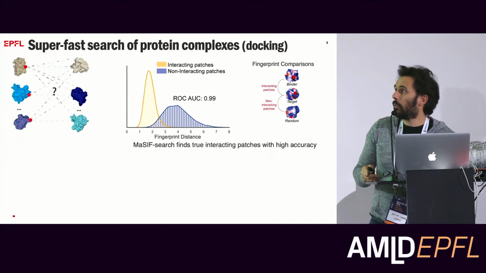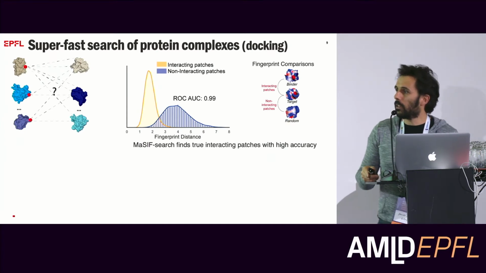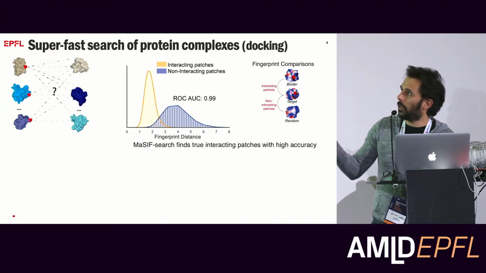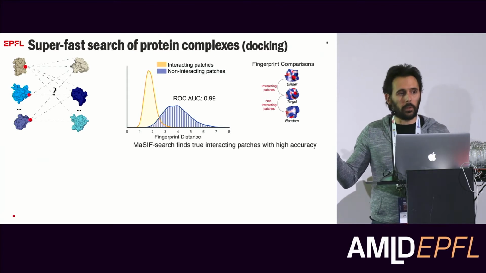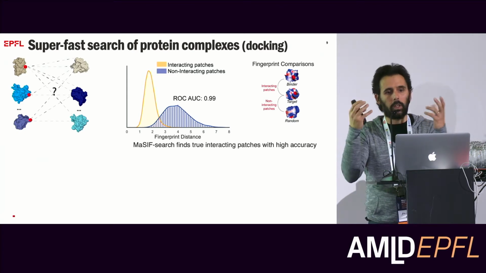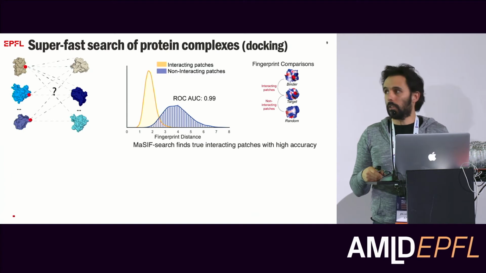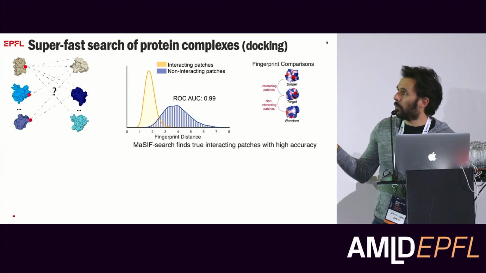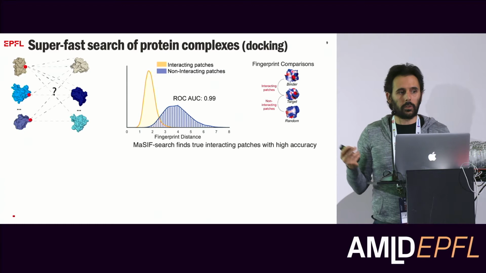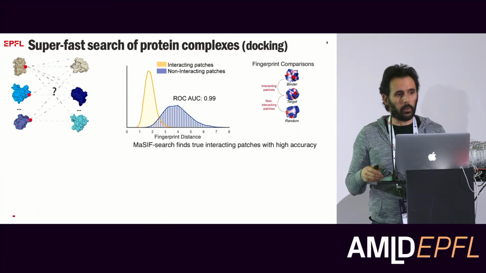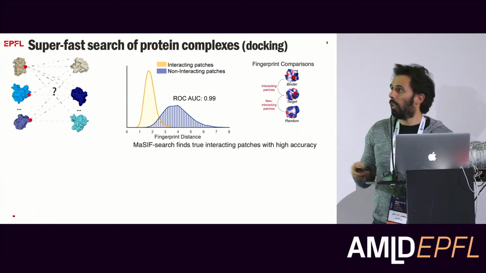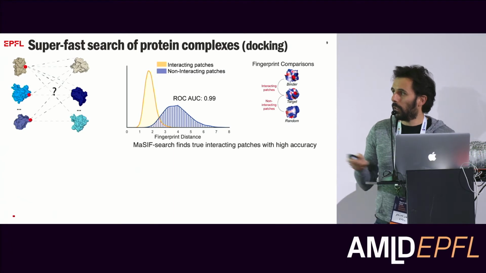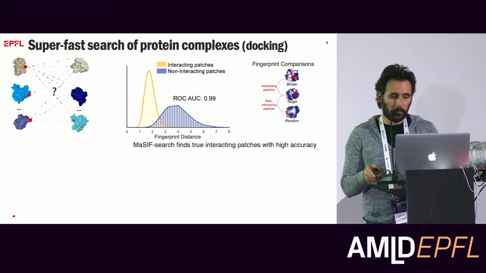So I'll just show you one more result particularly related to this exercise that we called protein docking, which is again this idea of figuring out which pairs of proteins interact with one another. Here we developed an architecture, a Siamese network in this case, which could learn how to distinguish which proteins are supposed to interact with which and which ones are not. And in fact, we could do this with a very high accuracy.